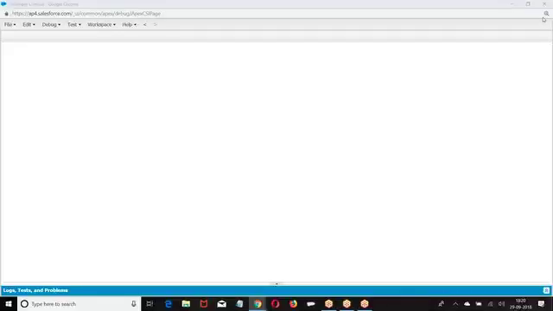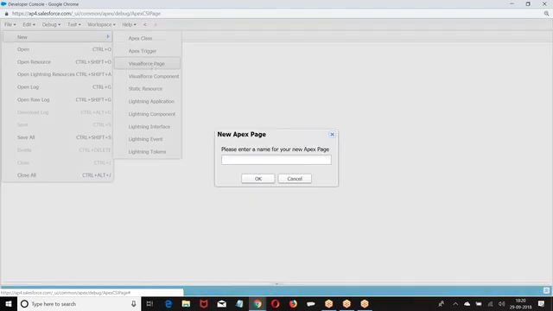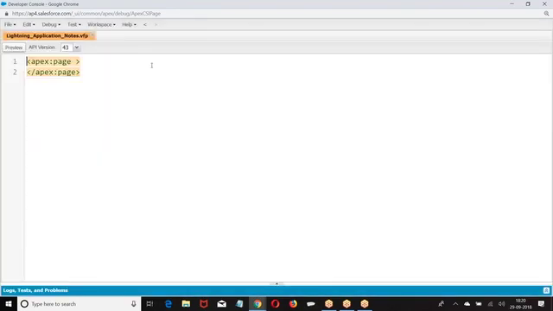If you want to build a Lightning application. Now, if you want to create any Visual Force page, how will you create? Apex colon page. Every Visual Force page will start and end with Apex page. Similarly, every Lightning application will start and end with